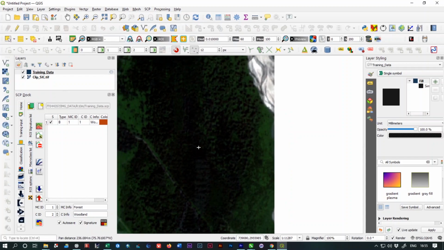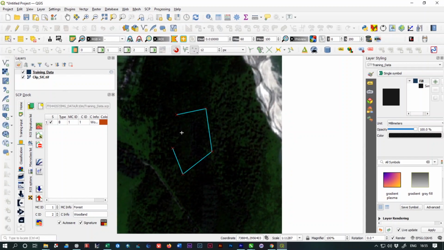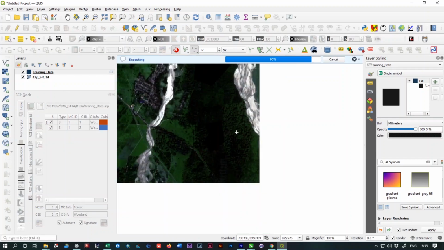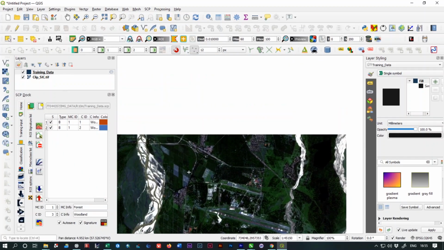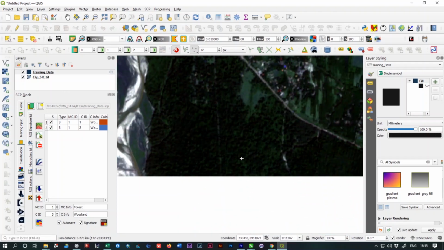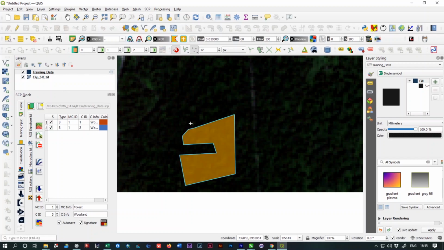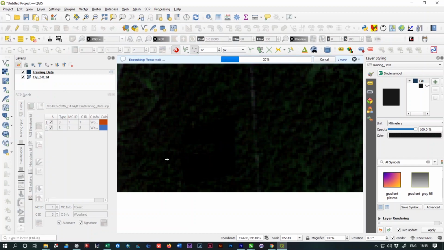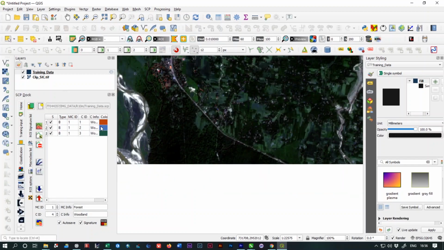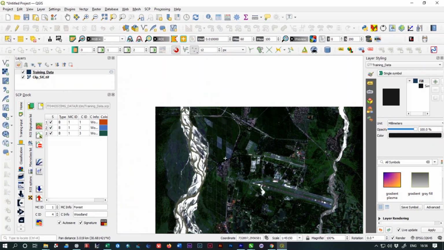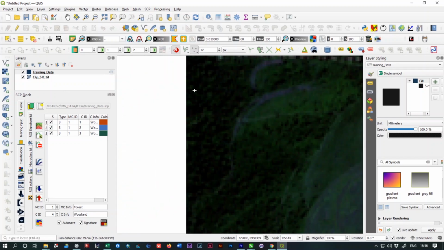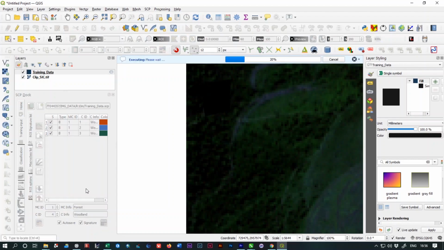Now select another area. Take the samples as much as you can and complete the polygon by right clicking at the end. I am taking woodland samples of four portions, so it will give you a good result.